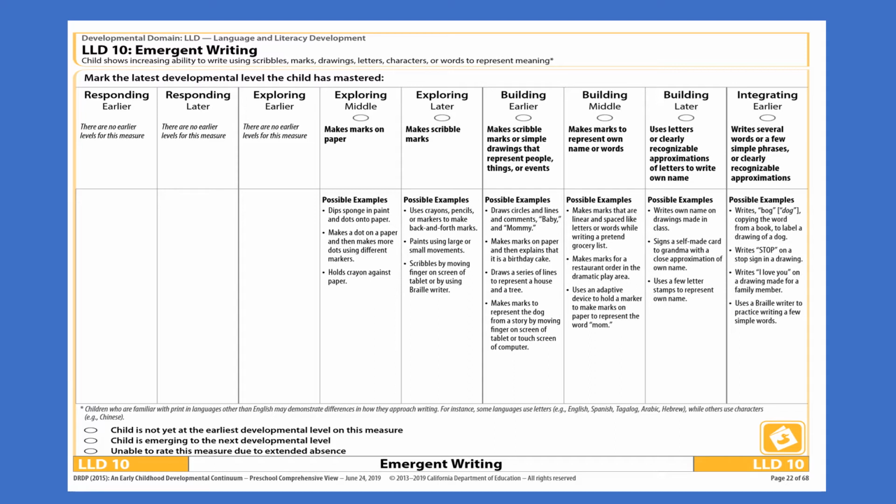So for example, we can look at some work and we can say, oh look, there are circles and there are marks and there are drawings of the child's family, and the child has even made some statements about, oh, this is my family, this is what I'm writing. So then you look through and you're like, oh, this really looks like it's building earlier, because they're not just making marks and scribbles anymore, they've added in those pictures. So that's just one example.